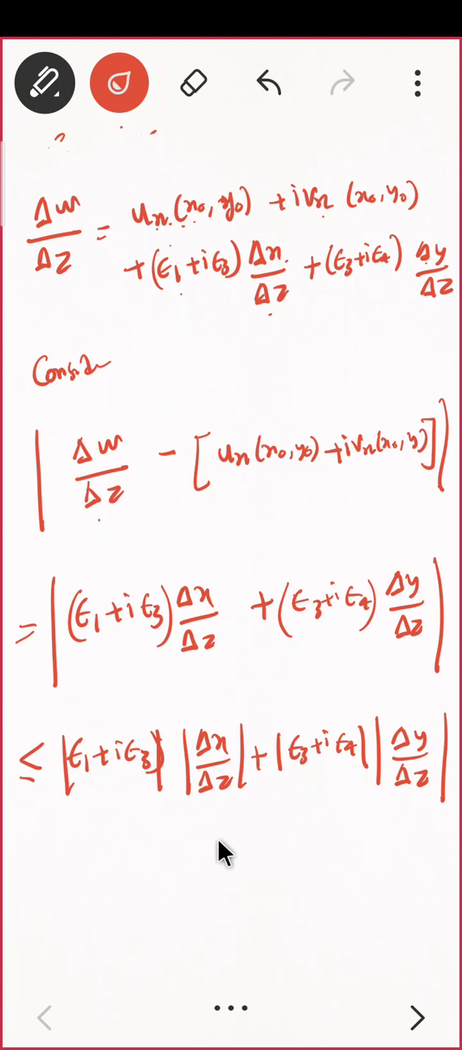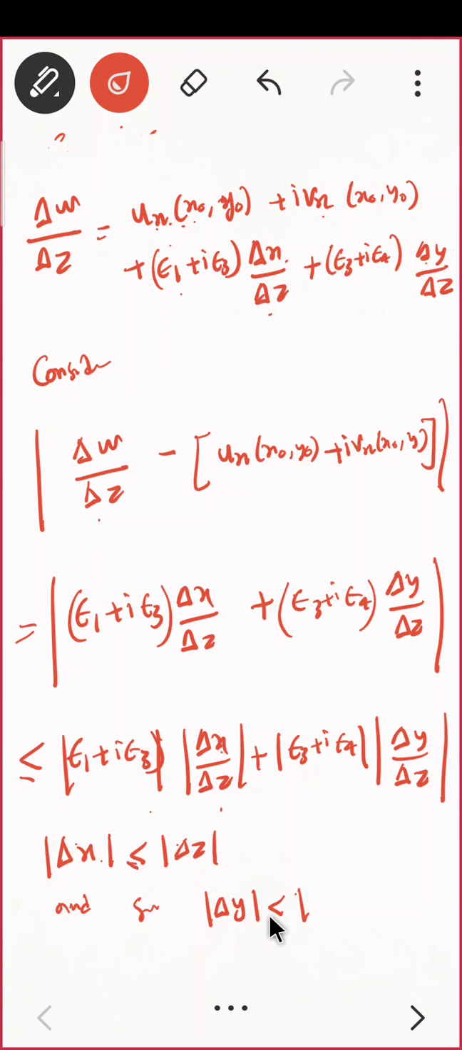Perfect. Now you want to prove this is less than something, less than a new epsilon, correct? You already know this guy is less than mod epsilon 3, but you need to think about delta x upon delta z. Can you say something about delta x upon delta z? What is delta z? It is delta x plus i delta y. So can I say that mod delta x is less than or equal to mod delta z? Can I say this? And similarly mod delta y is less than or equal to